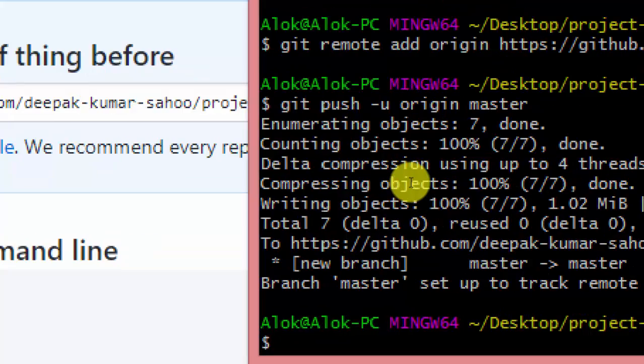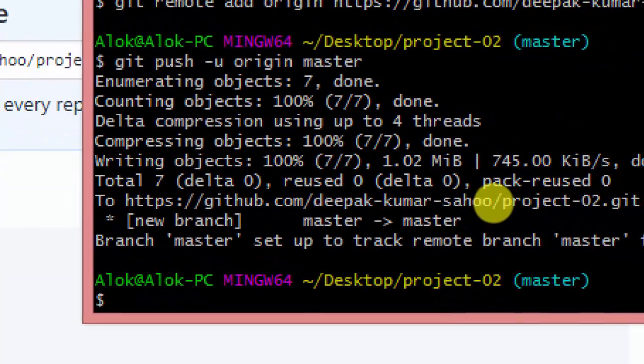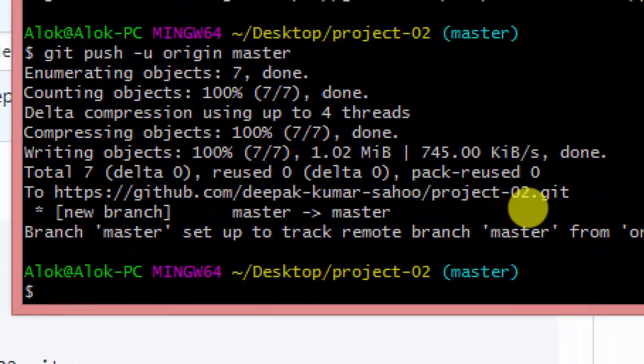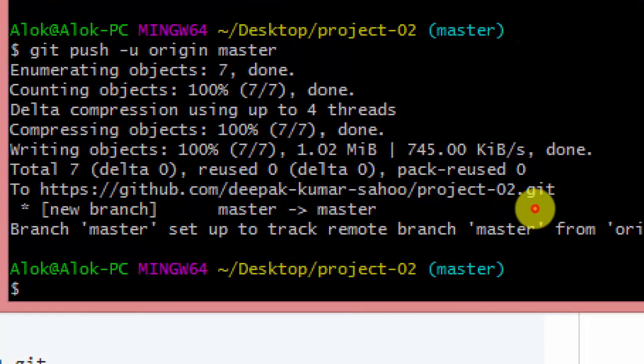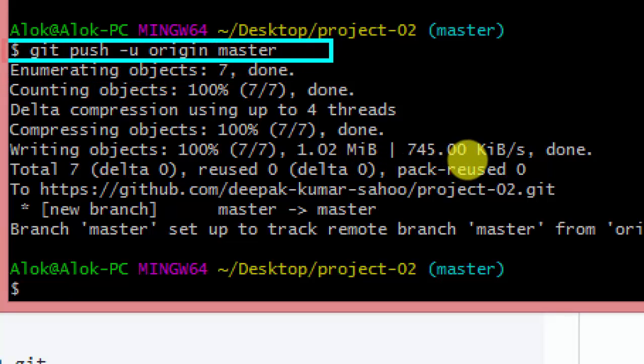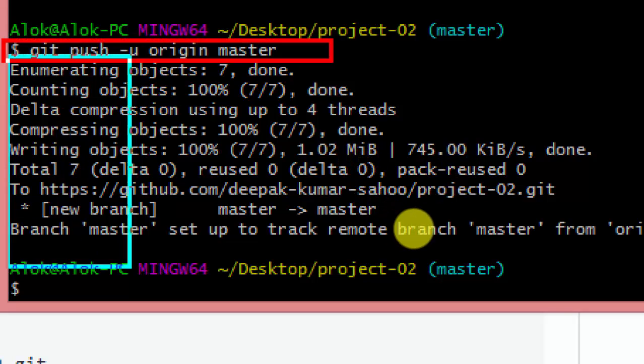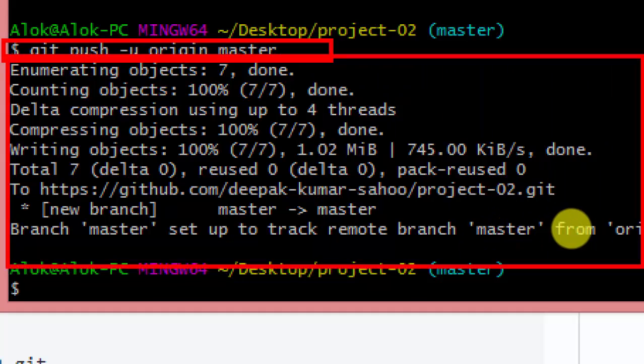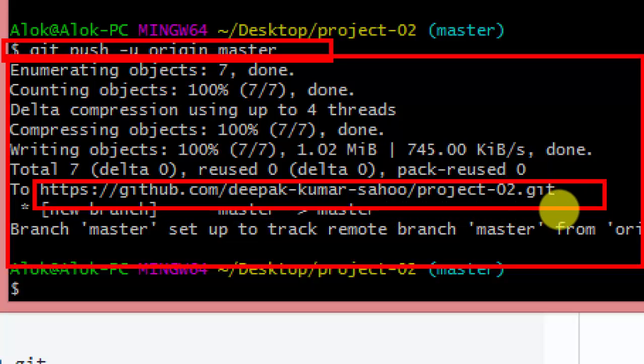If I zoom here, you can see that after this we have this message here, showing git push origin, and our entire data. And this one is our website link, where you can see our entire data, and you can copy paste it anywhere.